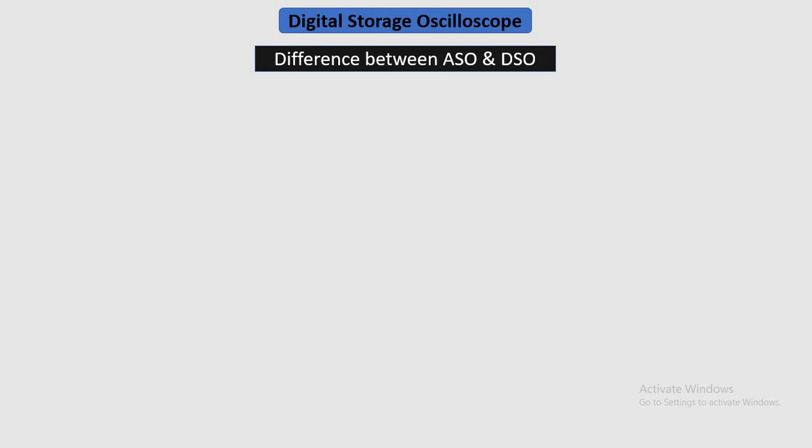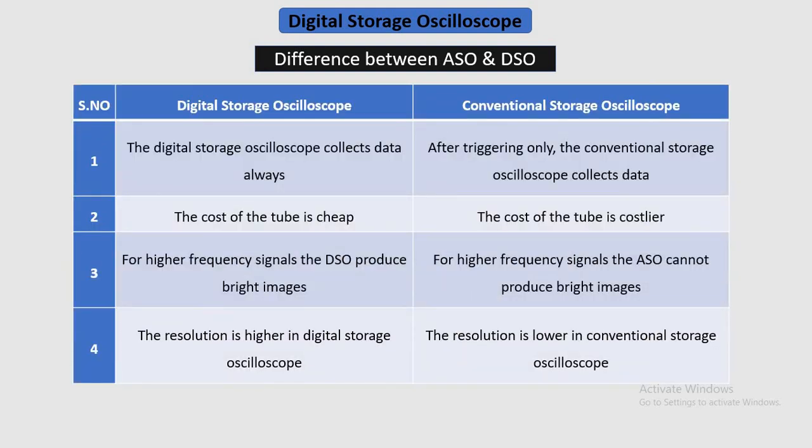The difference is tabulated here. So digital storage oscilloscope collects data always, and after triggering only the analog storage oscilloscope collects data. In case of digital storage oscilloscope, the cost of the tube is cheap, but in case of ASO, the cost of tube is costly. In case of DSO,